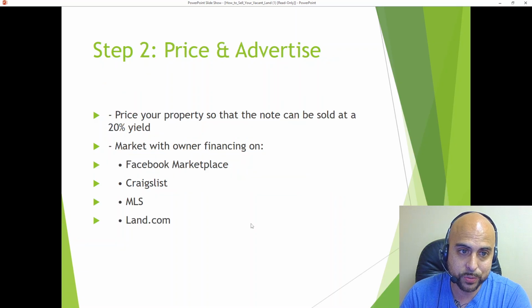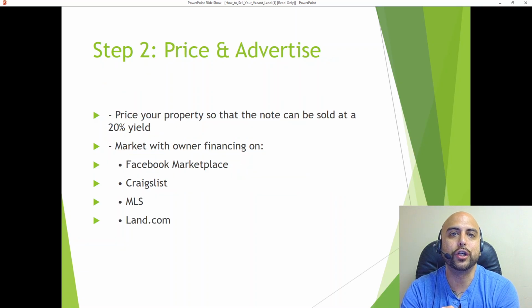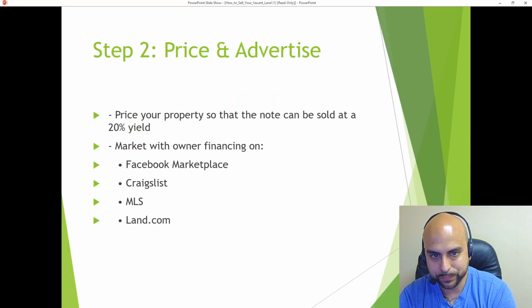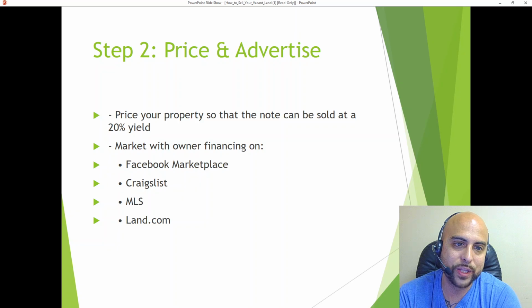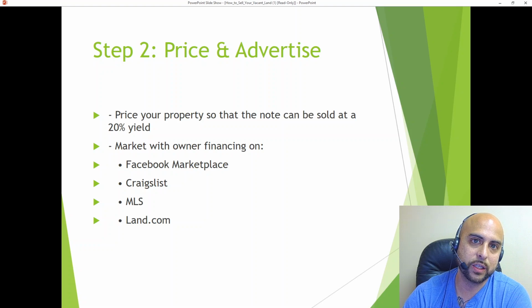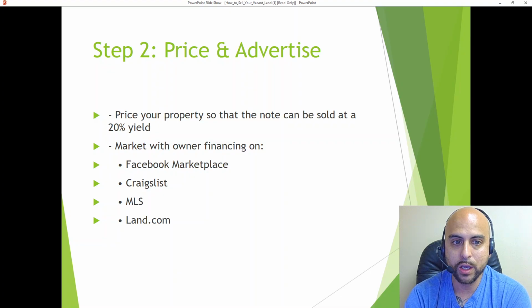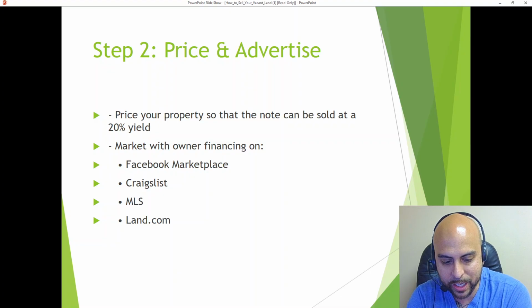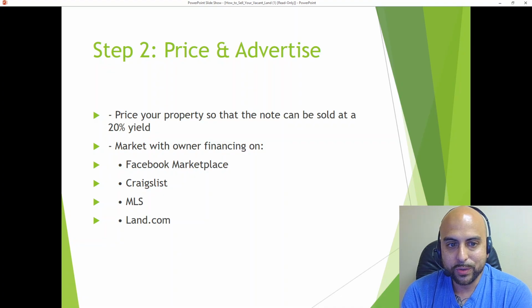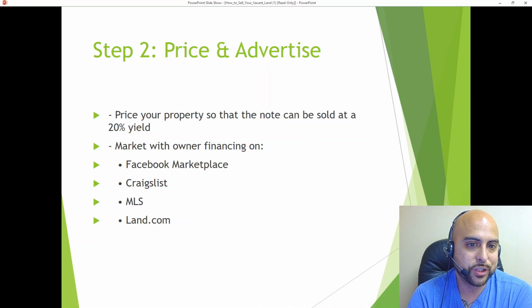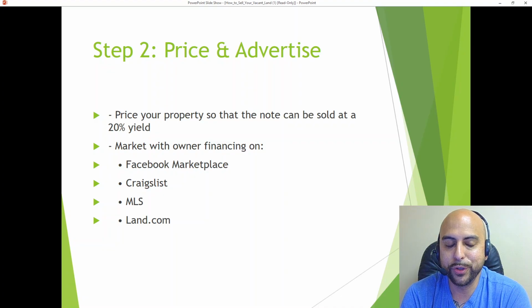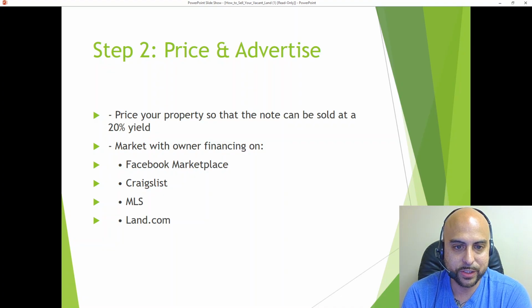Alrighty, step two. Advertise your property, right? So now that we know that we need to sell our note on the back end at a 20% yield, we know what to price our property at up front. We begin to market it. Now, I'm not going to go into depth about marketing strategies. I'm sure you guys have it down. I just listed a few that